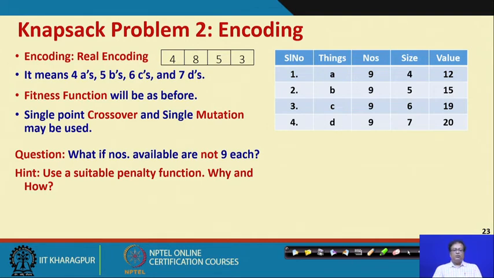If they are within 0 and 9, that is fine, but if the number is more than 9, then probably we have to use 2 digits each. Not necessarily a penalty function all the time, we might have the real encoding of 2 digits each. So, the problem might have to be encoded in more than 1 digit for each item.